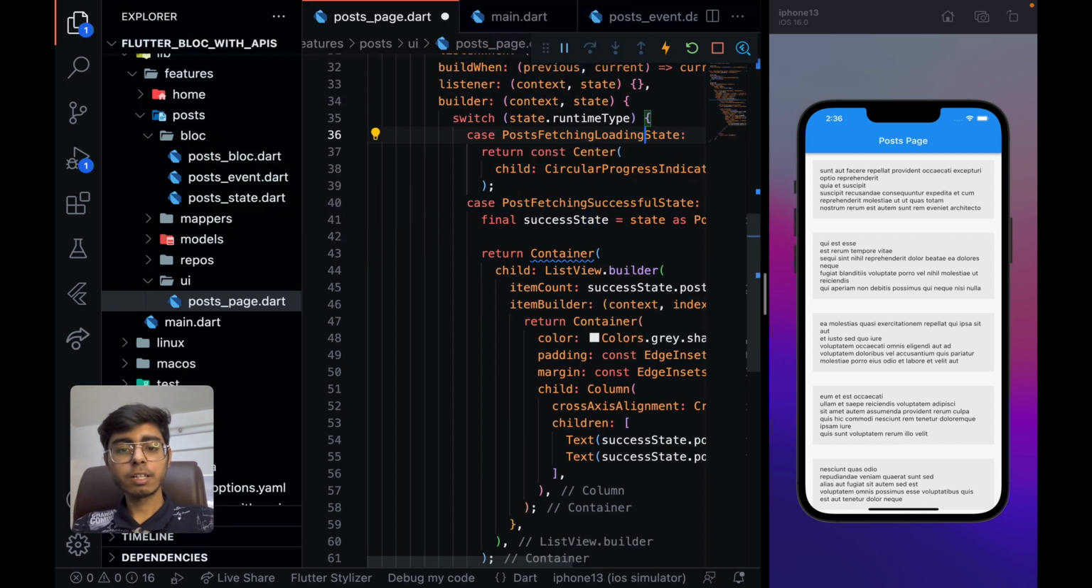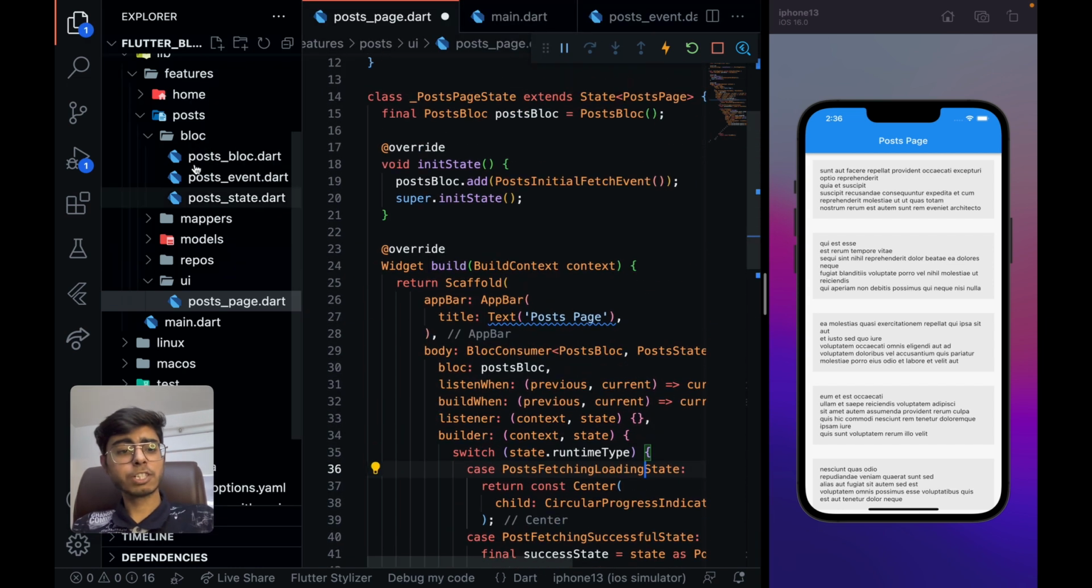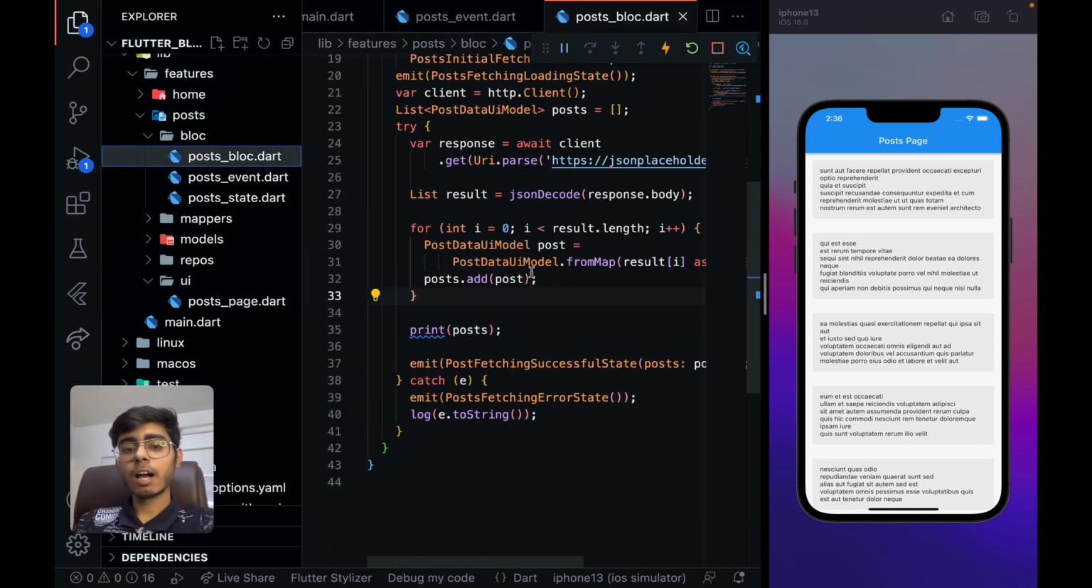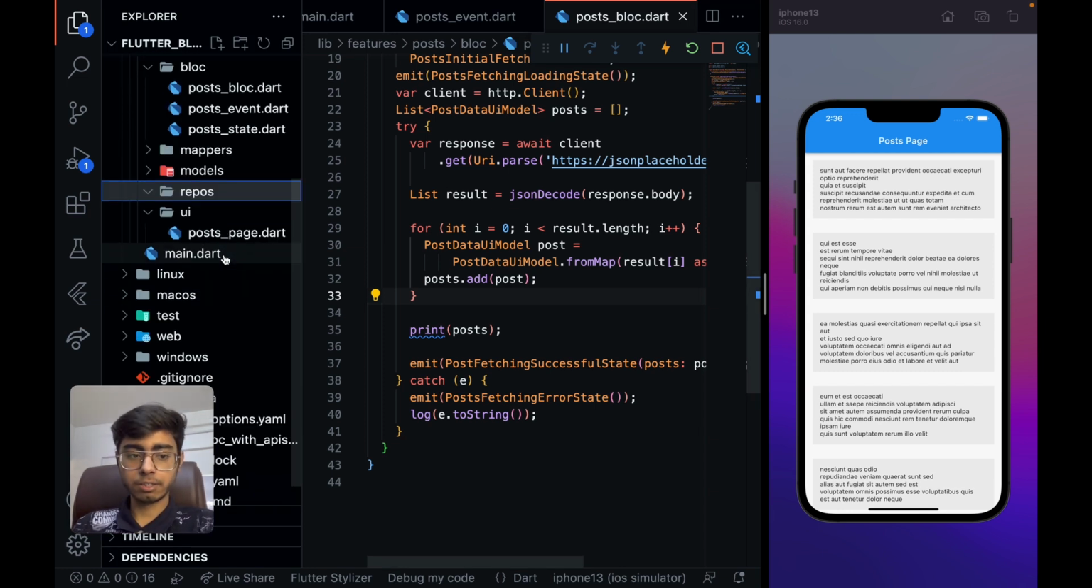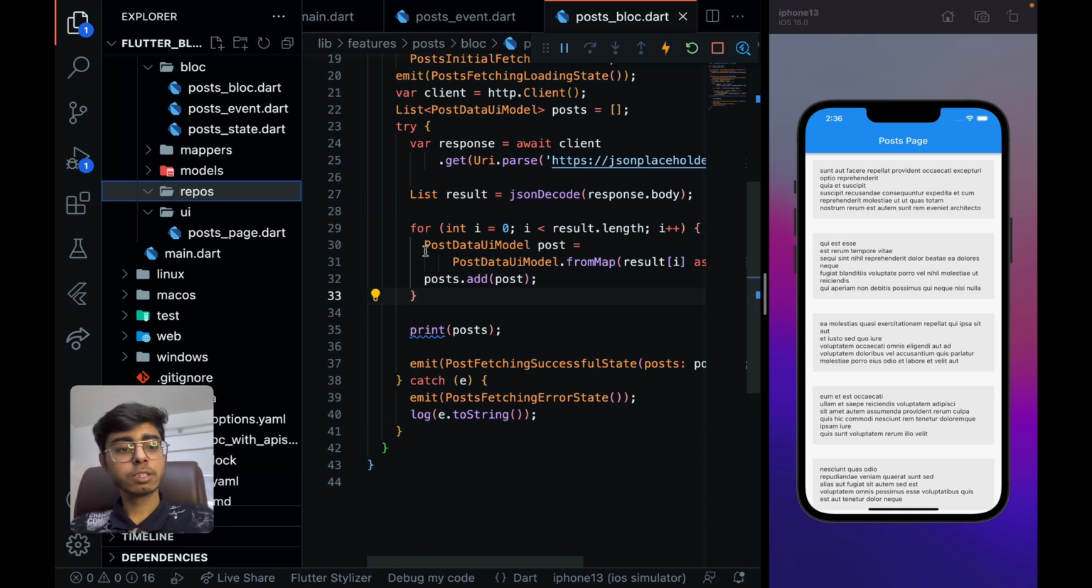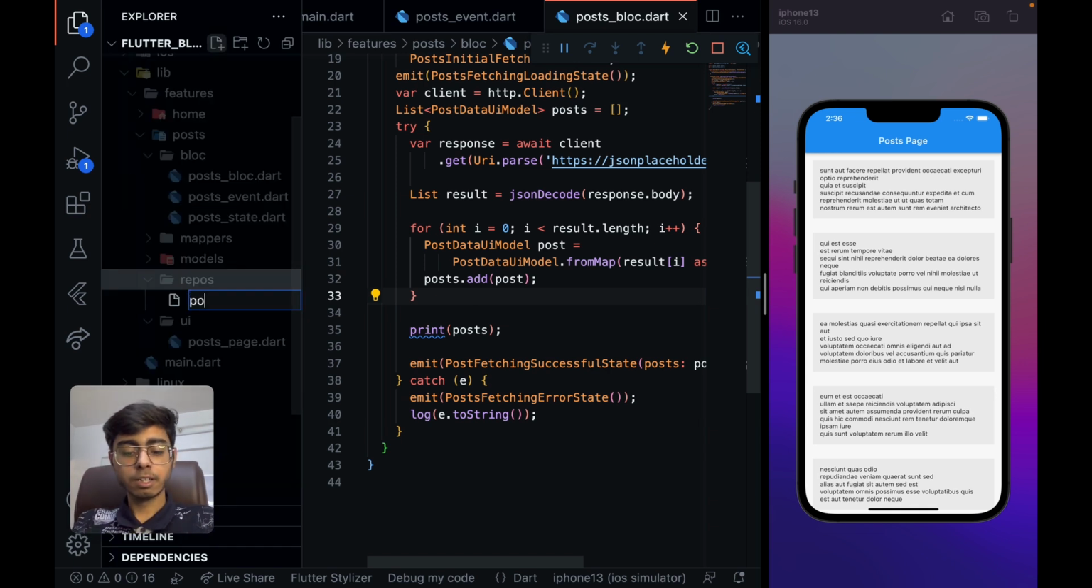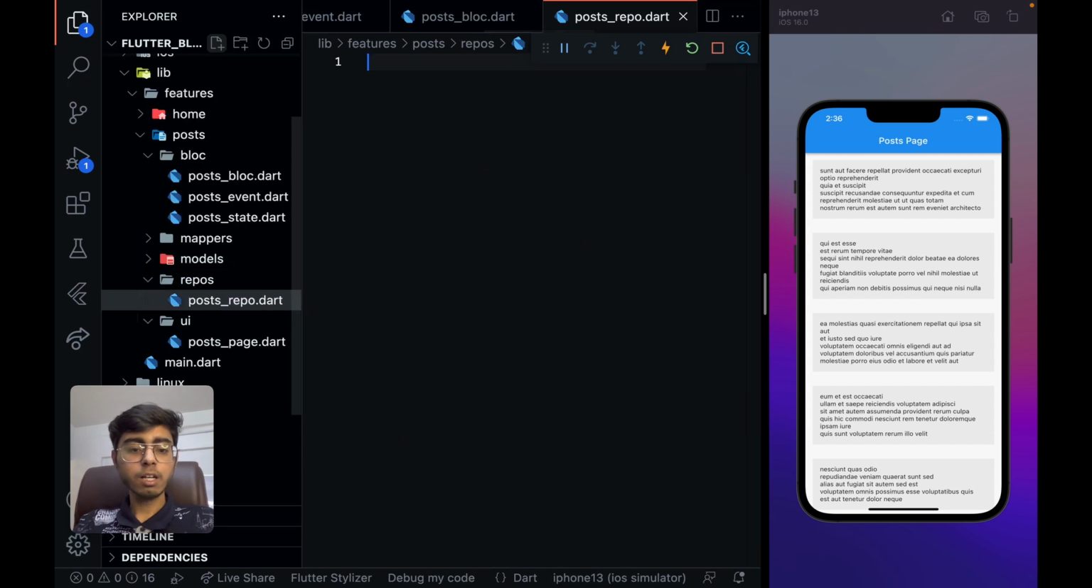Now what we have learned is we have created a bloc which fetches the API result and turns it into the Flutter UI. Now I'll teach you how to create a repository. A repository is a file or the code that actually calls the API, right? So we need to remove these API calls from the bloc, because the bloc should only have the business logic, not the network logic. So this repository is going to have a file called post_repo.dart,